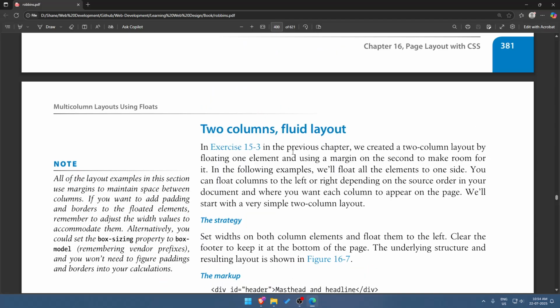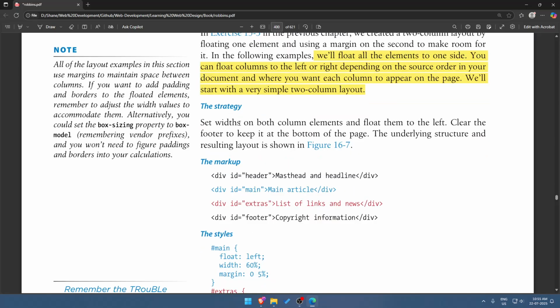In exercise 15.3 in the previous chapter, we created a two column layout by floating one element and using a margin on the second to make room for that. In the following example, we float all the elements to one side. You can float columns to the left or right depending on the source order in your document and where you want. Okay. The strategy: set widths on both column elements and float them to the left. Clear the footer to keep it at the bottom of the page,